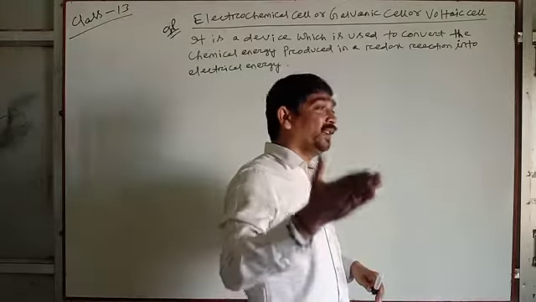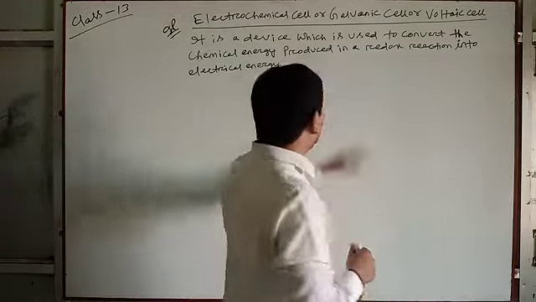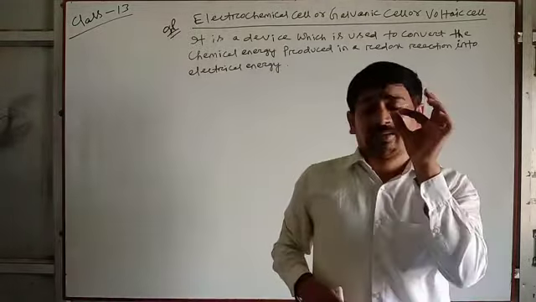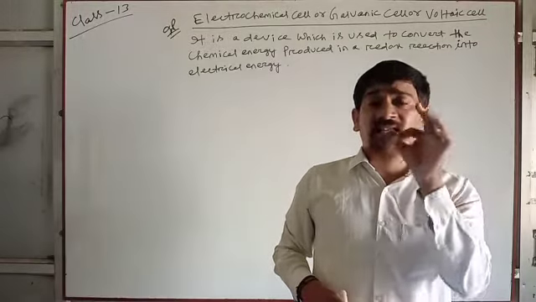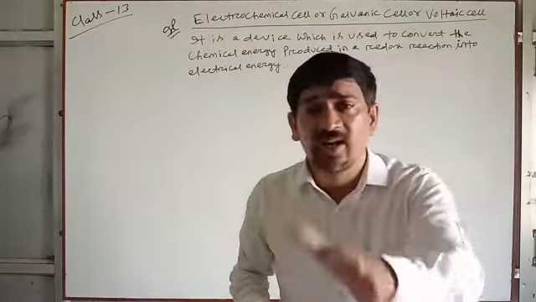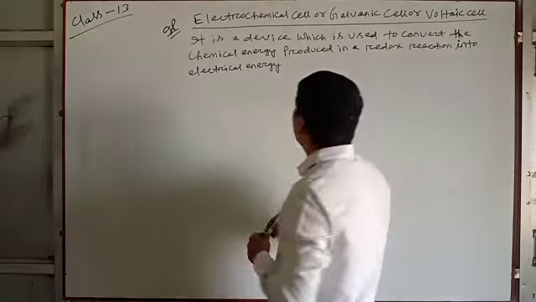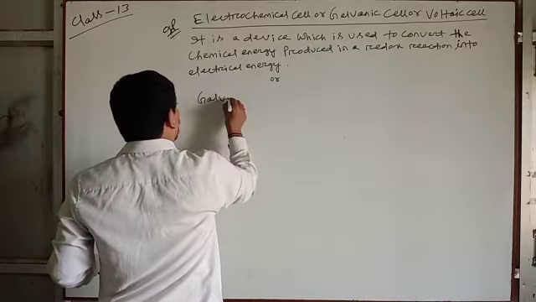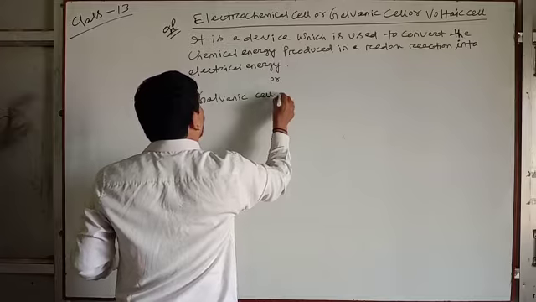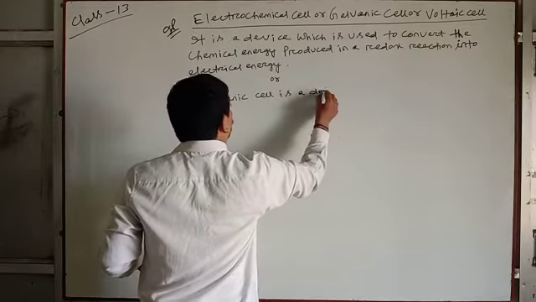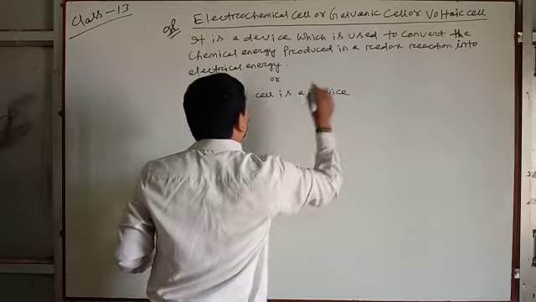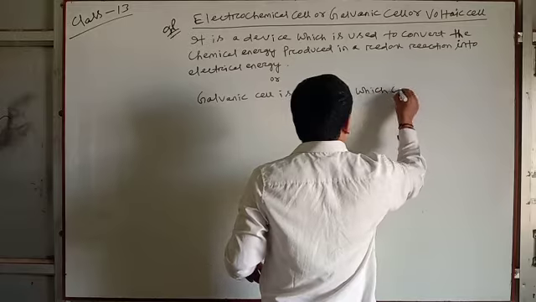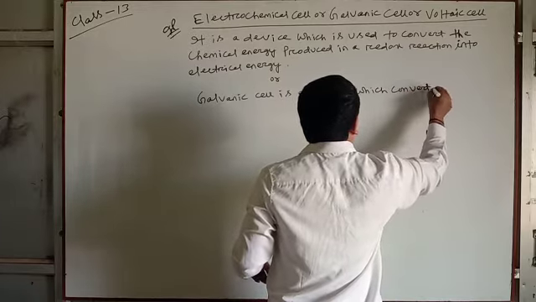So we can say in one line that a voltaic cell or galvanic cell is a device which converts chemical energy to electrical energy. When writing in one line, you can write: galvanic cell is a device which converts